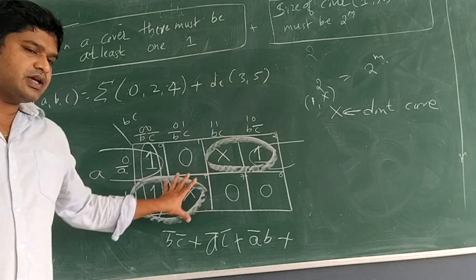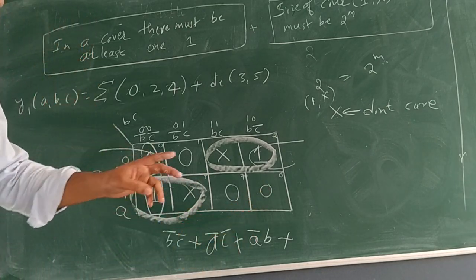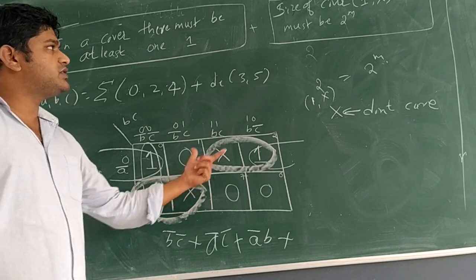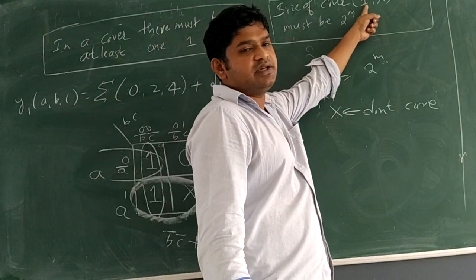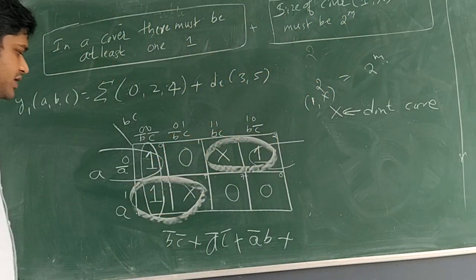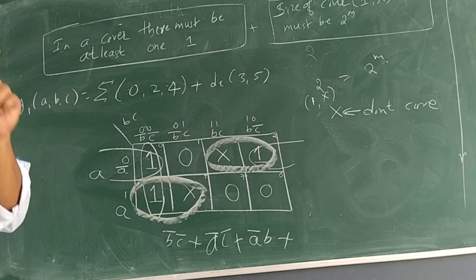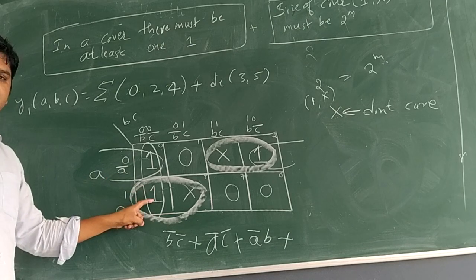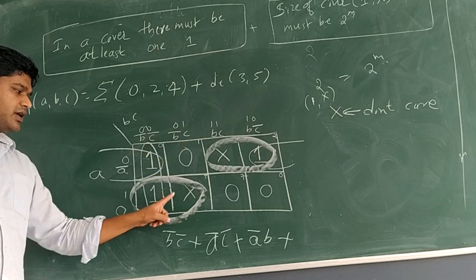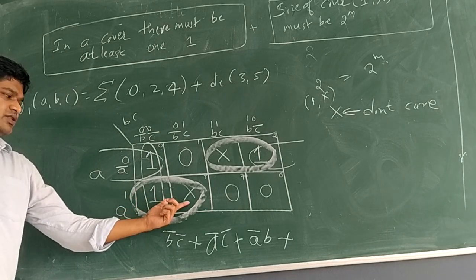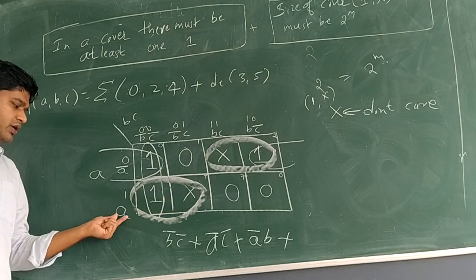Okay. So, what is the total size of the cover? 2. It is present between 2 cells, 4th cell, 5th cell. So, hence, the size of the cover is 2 raised to m. That is correct. So, in this cover, is there at least one number of high, that means 1? Yes. So, both conditions are correct for this. It is a correct cover. So, what is the function for this? It is present in the second row, hence it is A.